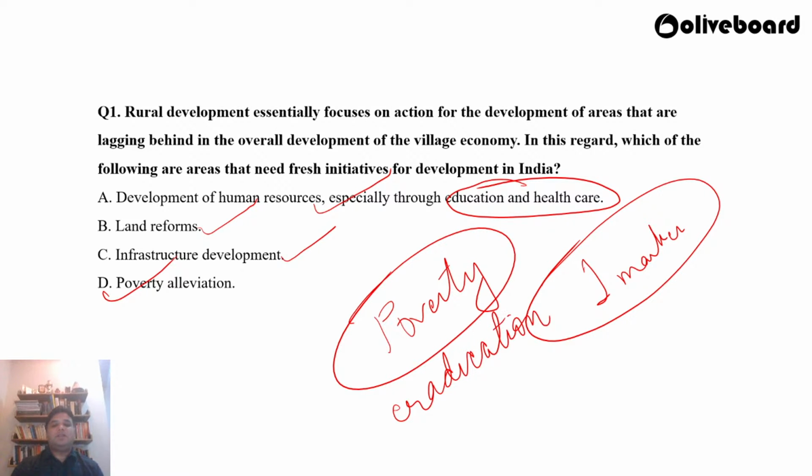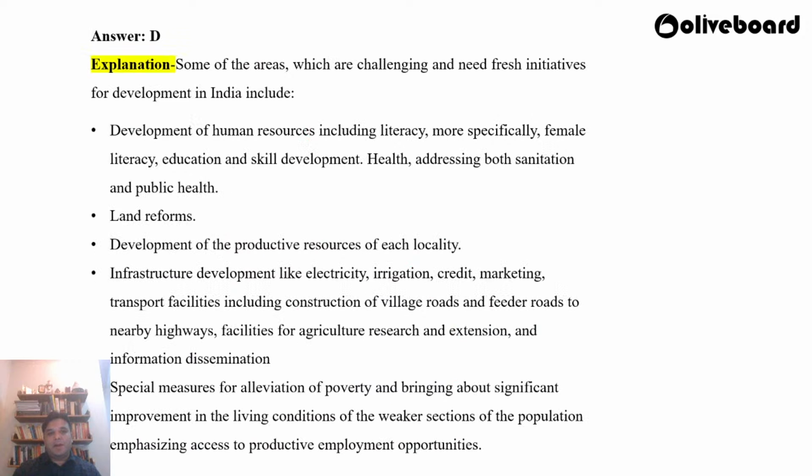And therefore, since the first or the second 5 year plan in India, the government of India has precisely focused upon poverty eradication or poverty alleviation. A lot of programs like the Garibi Hatao Andolan, or even the Mahatma Gandhi National Rural Employment Guarantee Act, or the Deen Dayal Upadhyay Antyodaya Anna Yojana, or the National Rural Livelihood Mission. All of these and a plethora of other such schemes have been initiated by the government of India for the alleviation of poverty in the country, right?